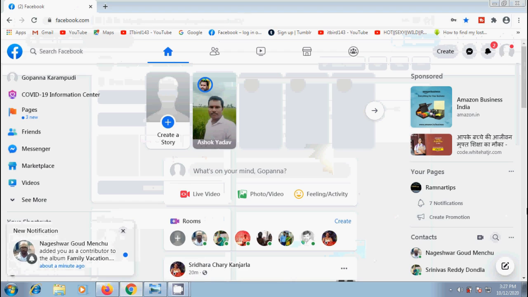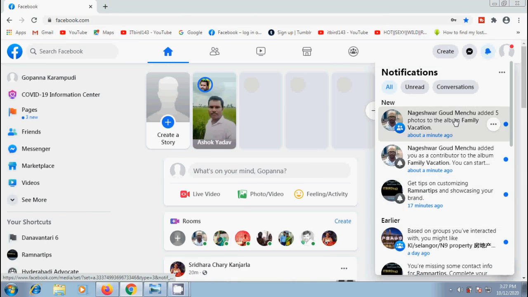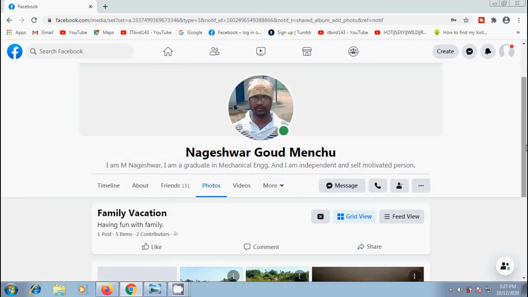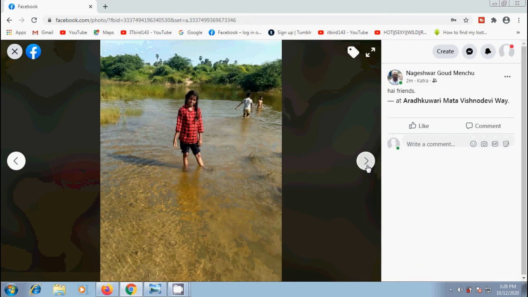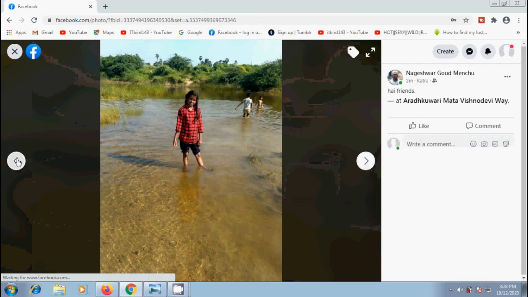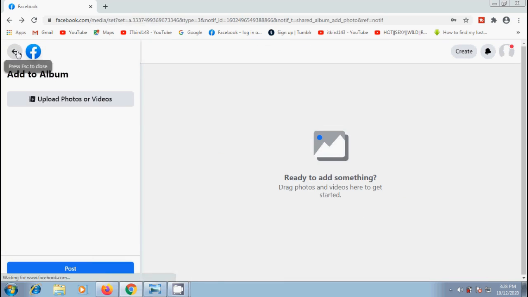Next, let's check the post in the Facebook of the friend whom we added as a contributor. They will get a notification. Click on it to view the post, and they can view the photos by clicking on an image. If they want to add their photos into this album, they can simply click on add to album. Otherwise, come to their timeline,